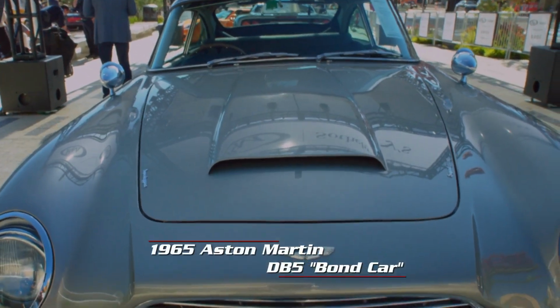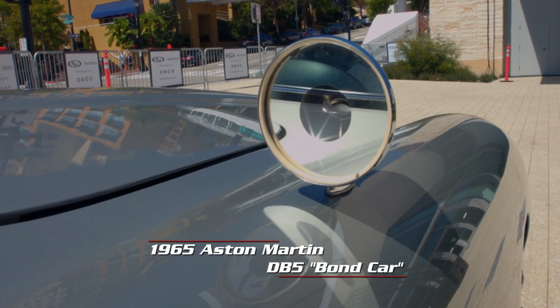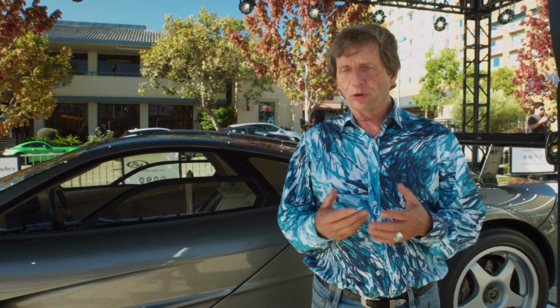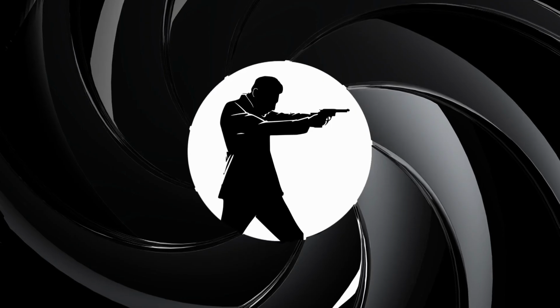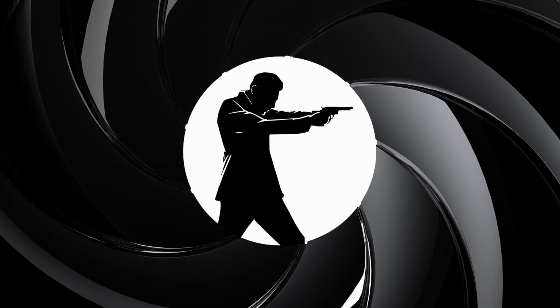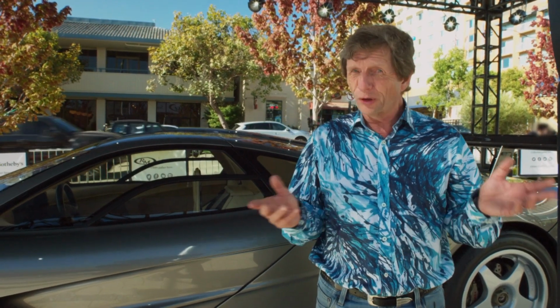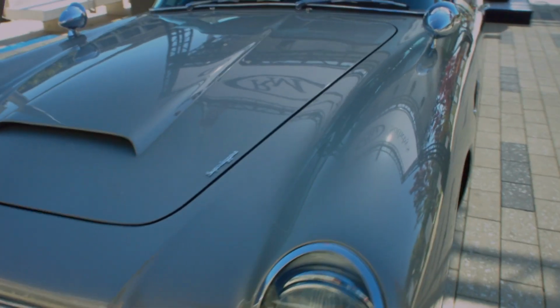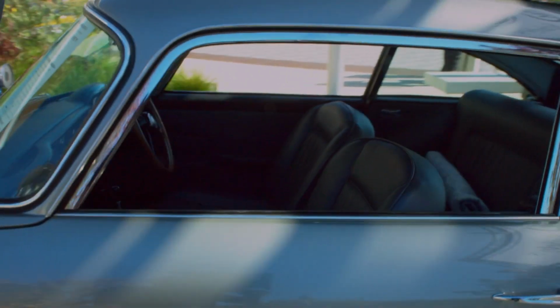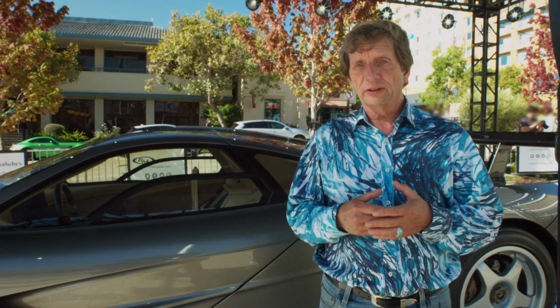And that is the James Bond DB5 from the early movies. Who doesn't love James Bond? As a kid, I can remember Goldfinger and Dr. No, and all of these amazing movies that were just completely revolutionary for their time. They created a hero out of a series of novels that really nobody had heard of. And one of the most iconic things about James Bond was the car. Of course, the most iconic of those was the DB5,